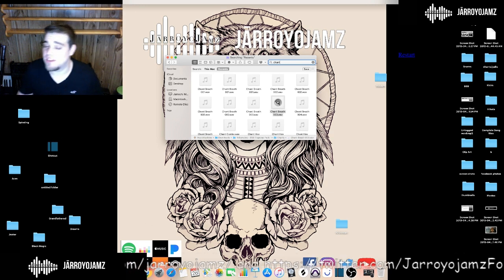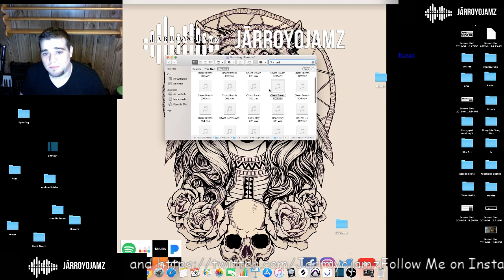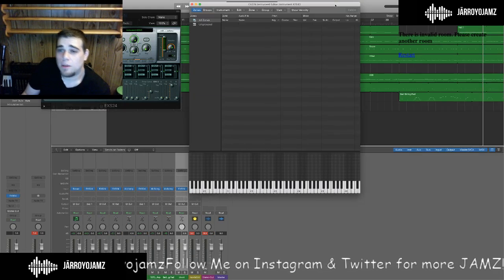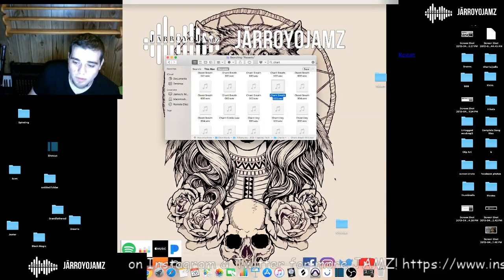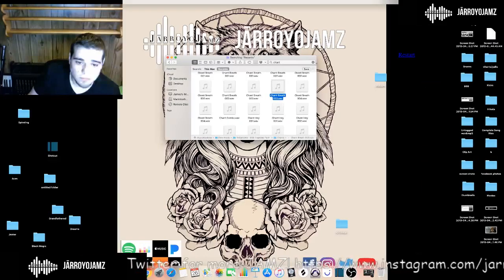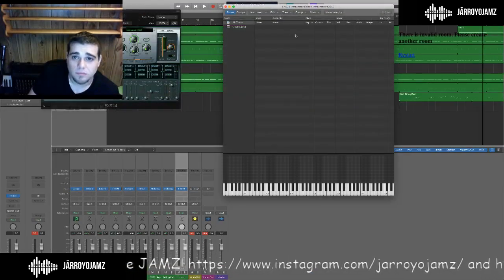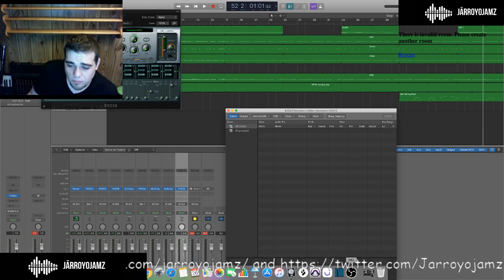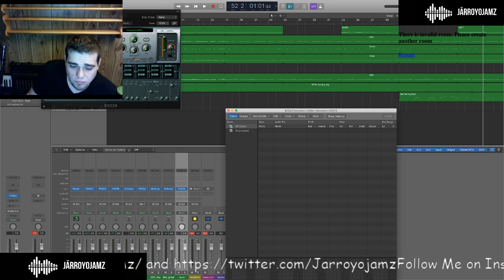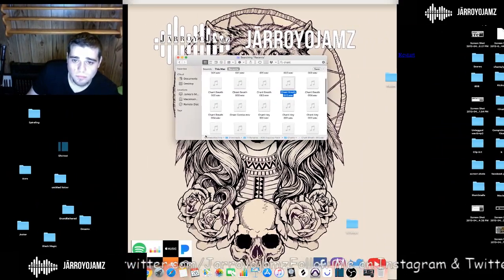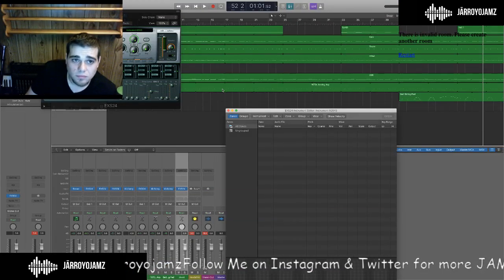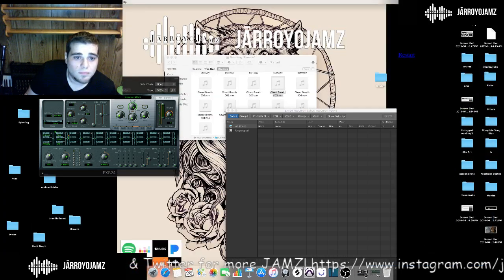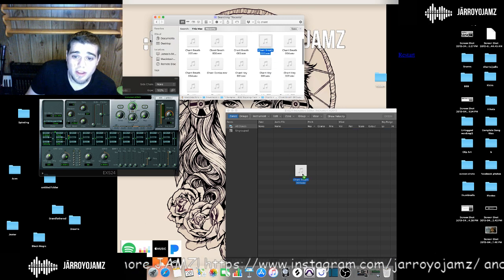The edit button brings up this window. Usually you can just drag and drop it.